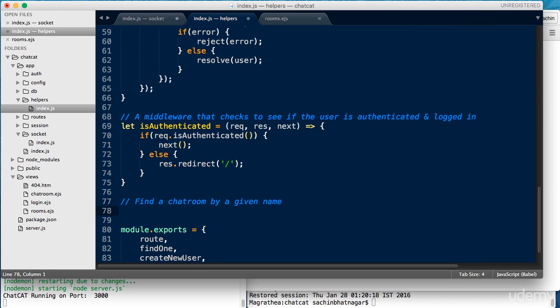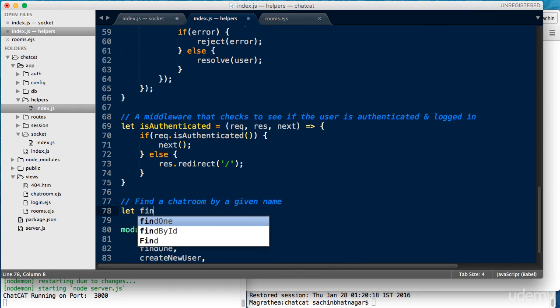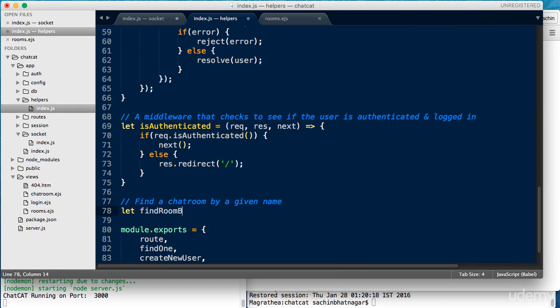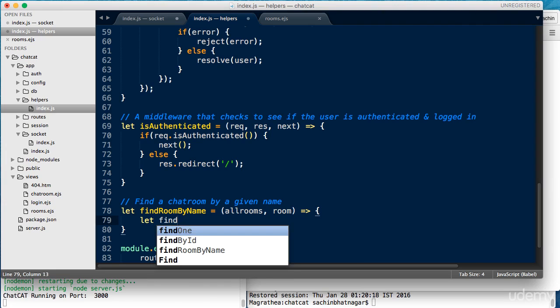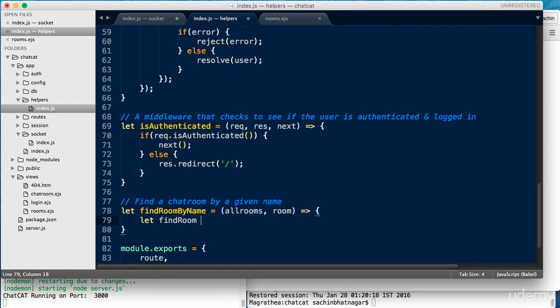and we'll create a function called findRoomByName. This function takes in the allrooms array and the title of the room to check for. Inside the function, we'll create a variable called findRoom, and for its value, I'll access the allrooms array and I'll use the findIndex method.